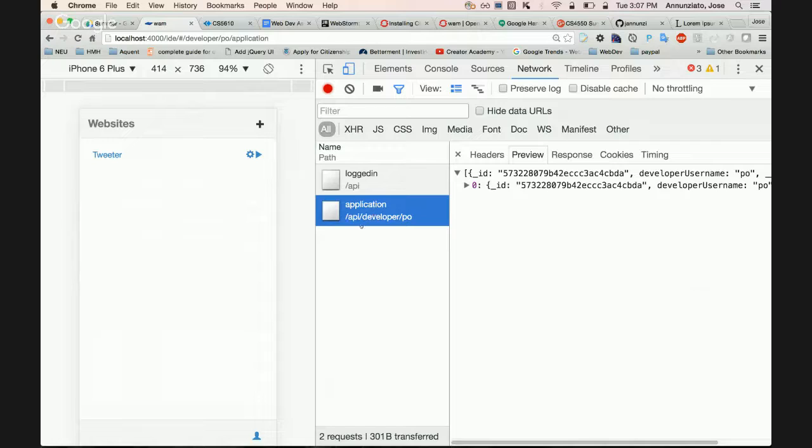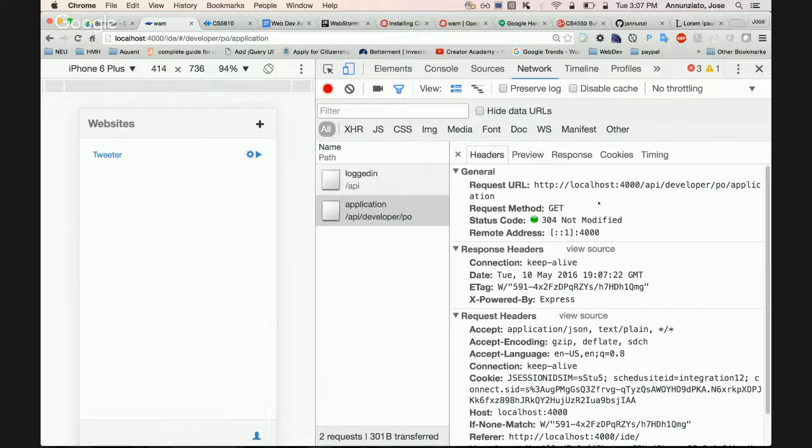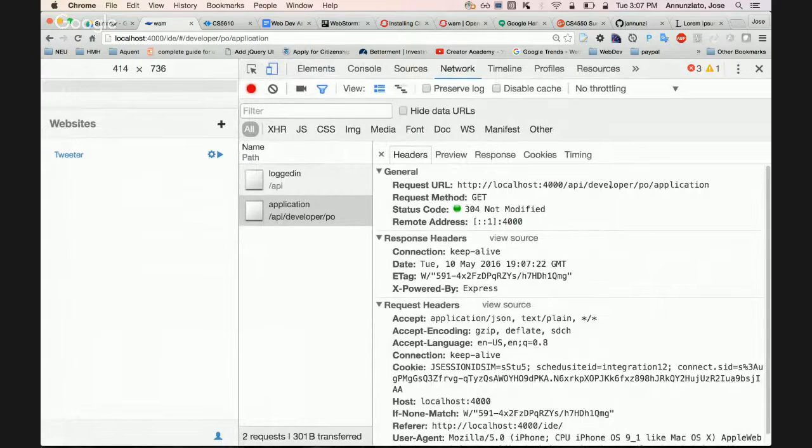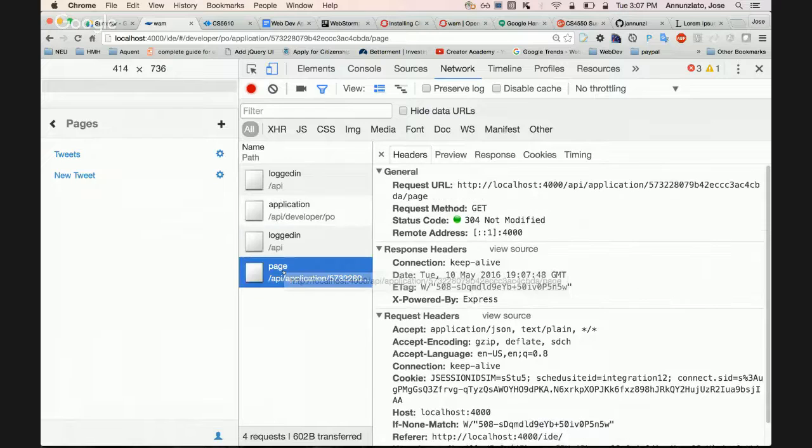It went out to the server and it asked for API developer PO, and then application. You see that? The username is PO and then application. If I click on the application Twitter, notice that now the URL is the application, the ID of that particular application, and then that page.